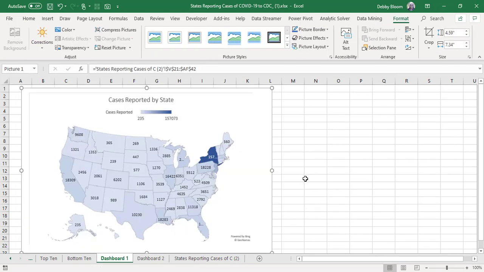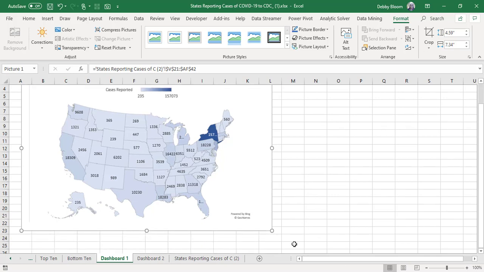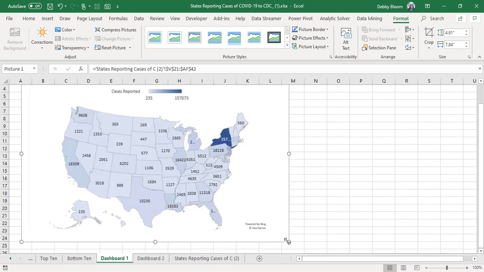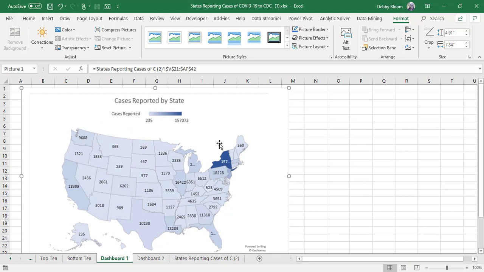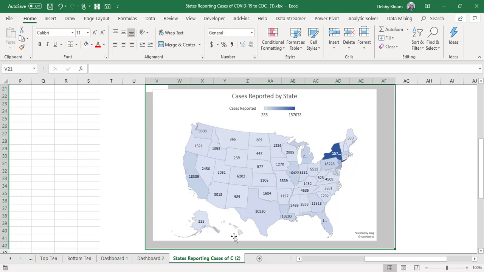And don't worry, it can always be resized, but it always likes to be resized by the corners so you don't lose that aspect ratio that you had originally. Now I'm going to show you in a minute how this is actually an interactive picture. Now I'm going to go back to the sheet that I was working on before,